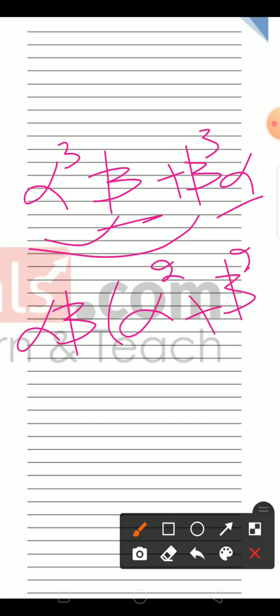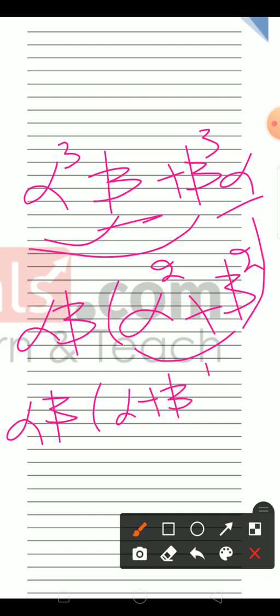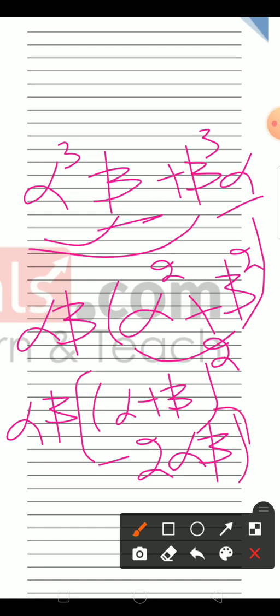बीटा स्क्वायर। ठीक है, अब आपको पता है कि अल्फ़ा स्क्वायर प्लस बीटा स्क्वायर इज़ इक्वल्स टू, अभी हमने पढ़ा था, अल्फ़ा प्लस बीटा होल स्क्वायर माइनस 2 अल्फ़ा बीटा। ठीक है, you have already known that this is the sum of roots and this is the product of roots. We put in the values of the sum of roots and the product of roots, और ये भी आपके पास क्या है? प्रोडक्ट ऑफ रूट। इसमें आप वैल्यू पुट करोगे और देन आप सिंप्लीफाई करेंगे तो आपके पास इसका आंसर आ जाएगा।